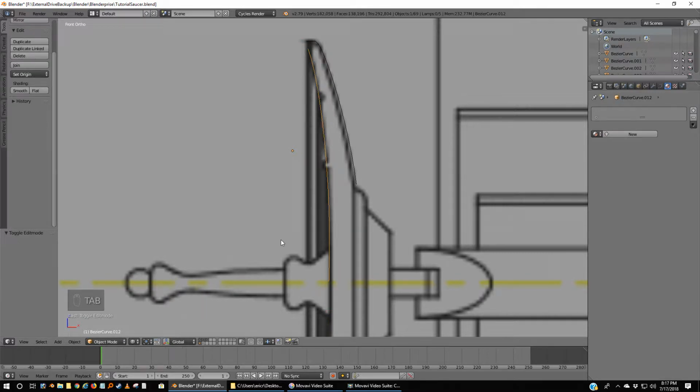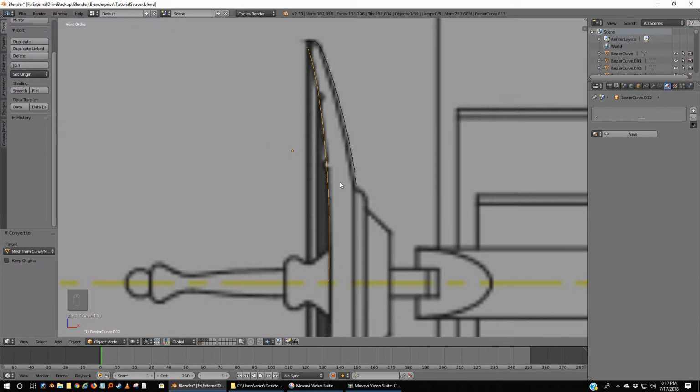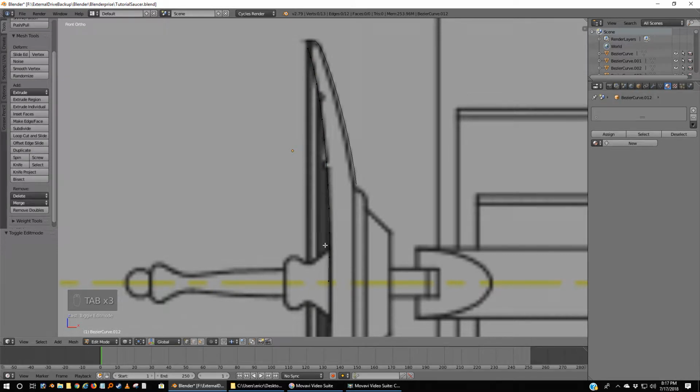We're going to tab out, Object, Convert to, Mesh from Curve. So now we've got vertices again, right? And we want this to be perfectly straight. So I like where this wound up, and I like this one here, but these aren't quite right. So I'm going to shift click these three here, which I don't like. X, verts. I'm going to grab this vert, G, X, not move it much. That's actually pretty good. So I'm going to highlight this vert, shift, right mouse click this vert, F for face,